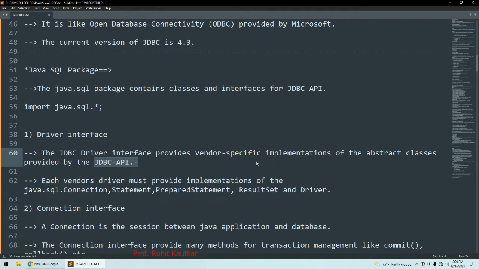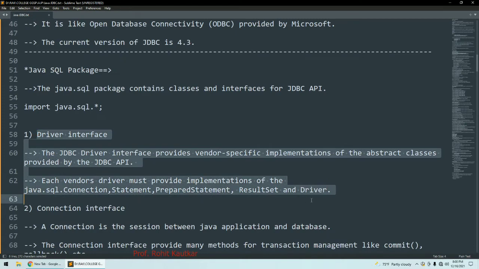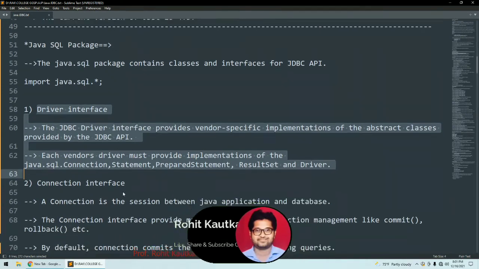In this, each vendor's driver will provide the specific implementation of the Connection interface, Statement interface, PreparedStatement interface, ResultSet interface and Driver. So this interface helps us get the vendor specific implementation of all these interfaces. This is the first interface available.